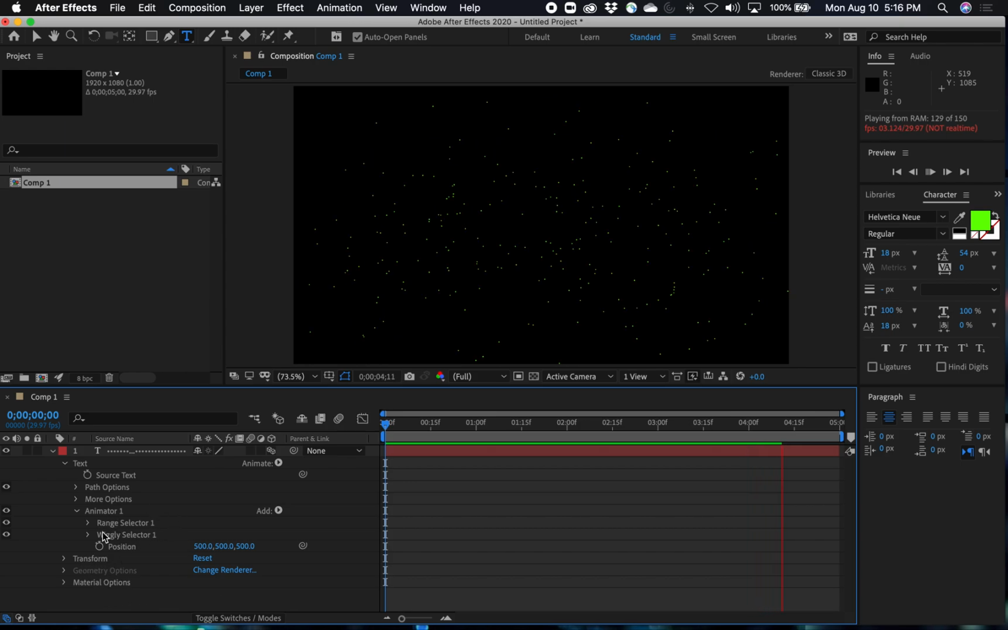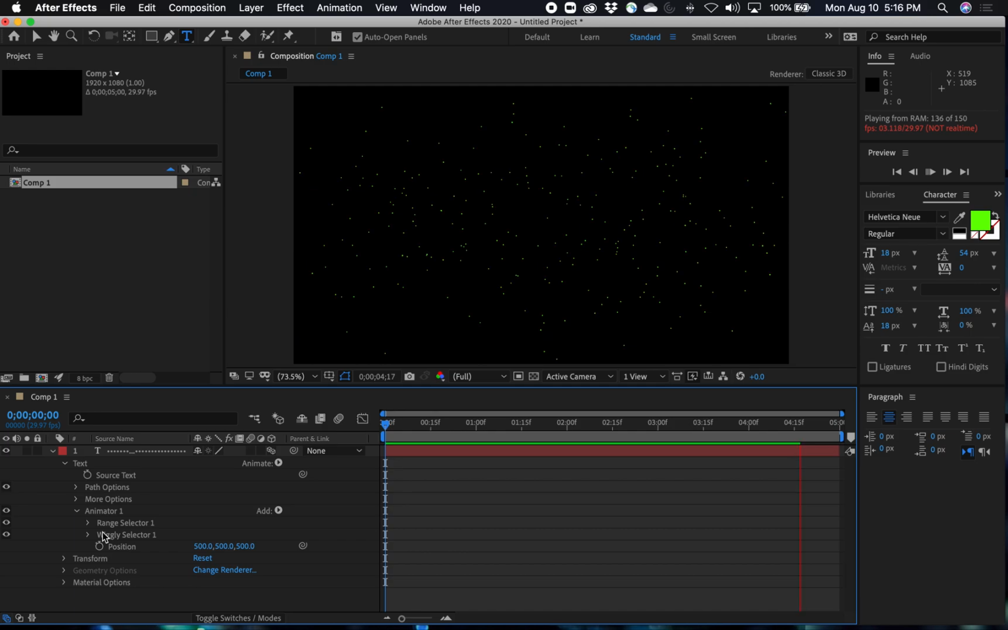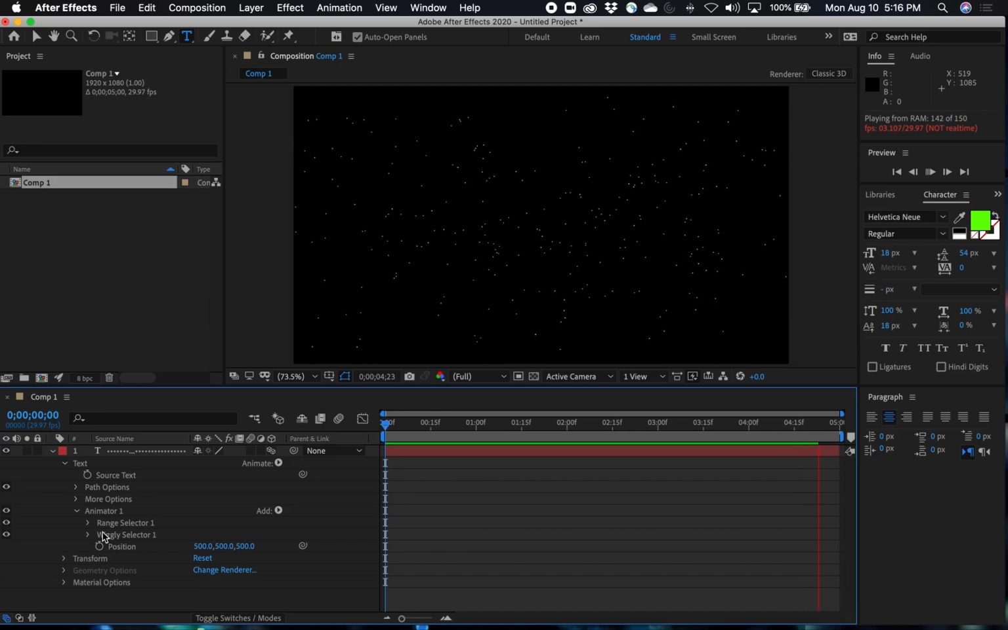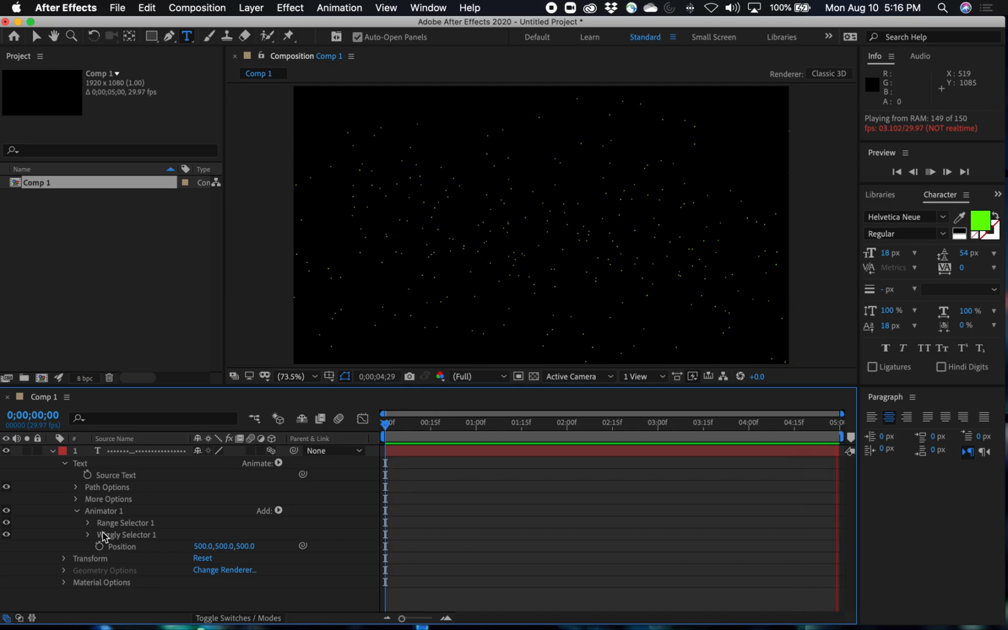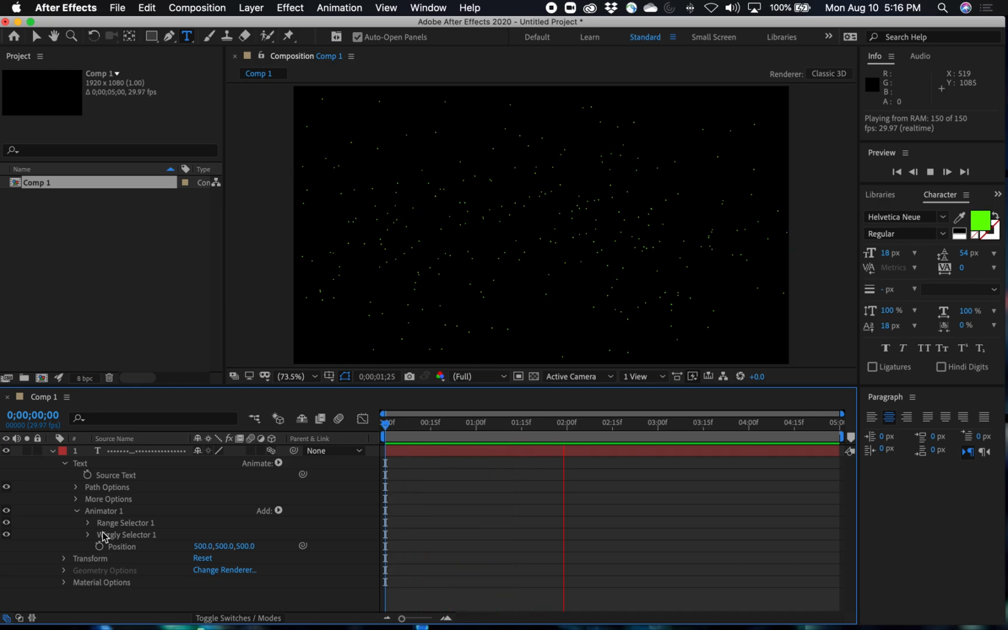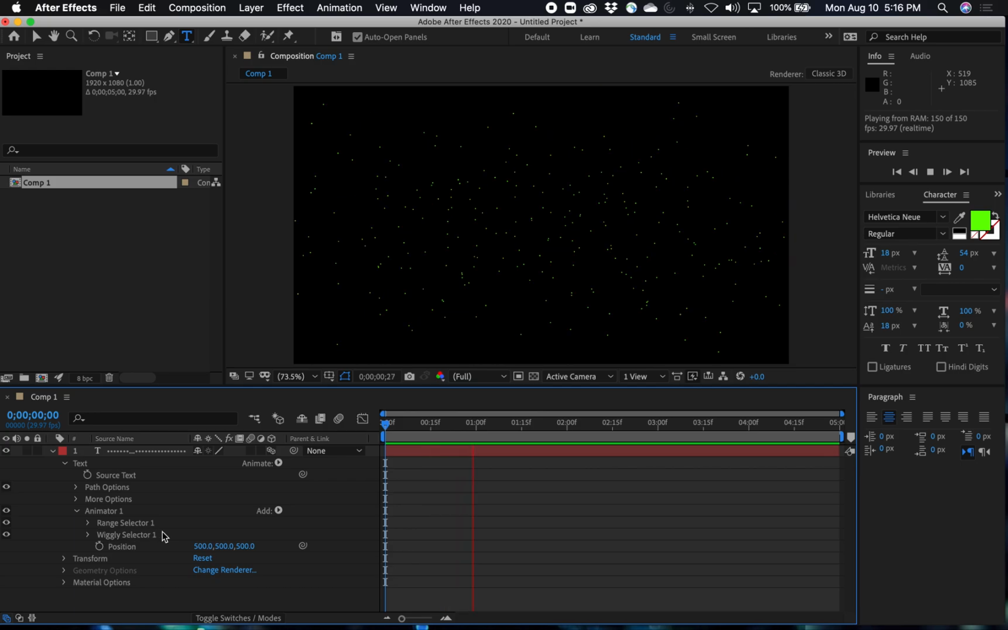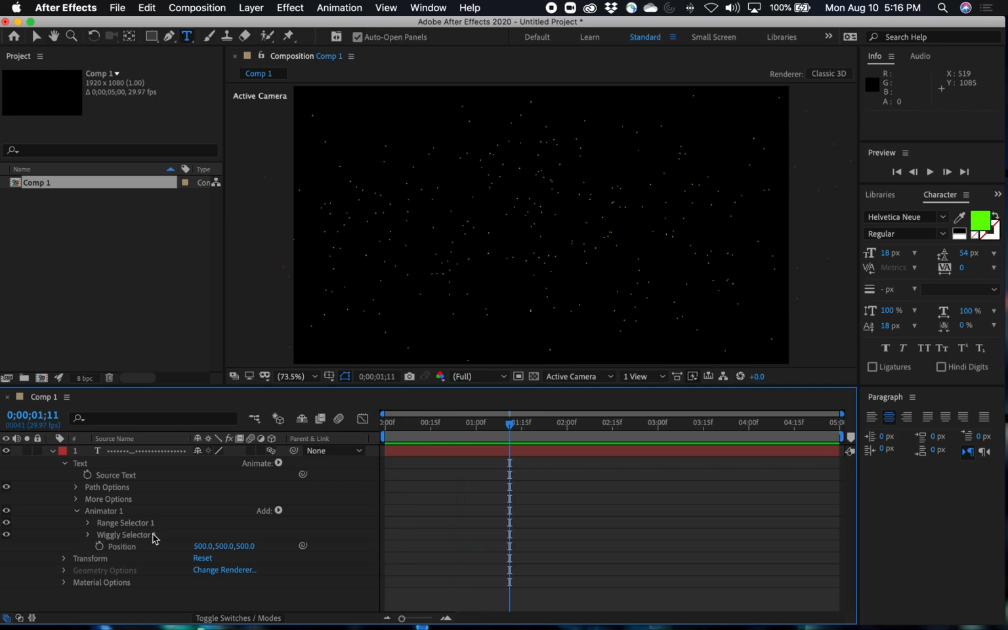So let's take a look over here. They're moving way too fast. I just wanted to give you just a second here for the RAM preview to generate so you can see how ridiculously fast they're moving. And it's like a giant swarm of green gnats, and that isn't very nice, nor is it very romantic. So what I can do is I can twirl down underneath Animator 1, I can twirl down the wiggly